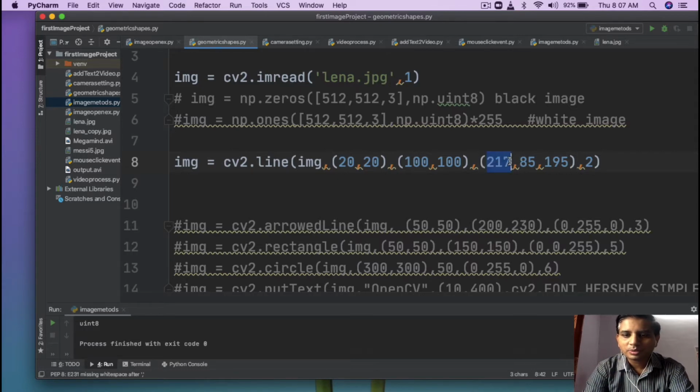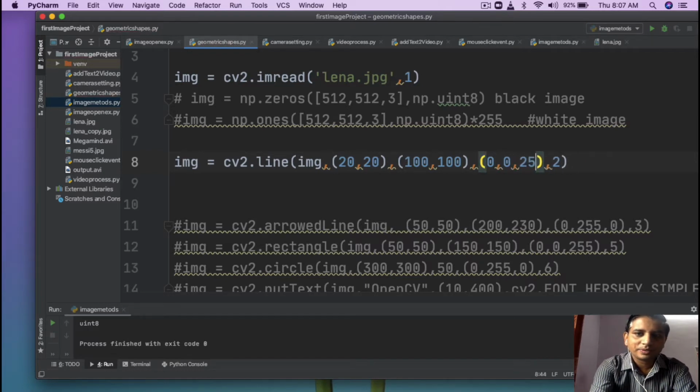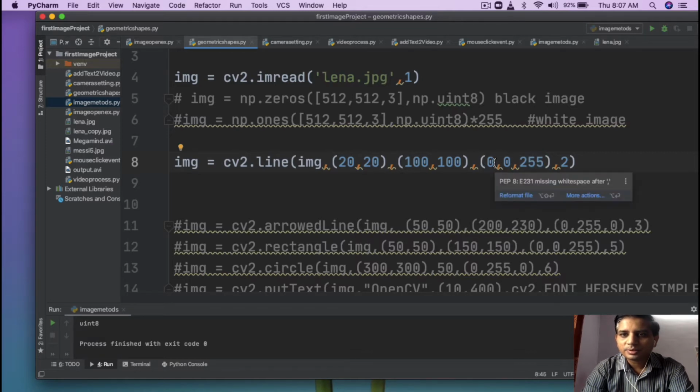Suppose you want to draw a red line, then you should give here 0, 0, 255. Here I am giving the red value at the last, because it is not RGB format. The color always has to be given in the BGR format.